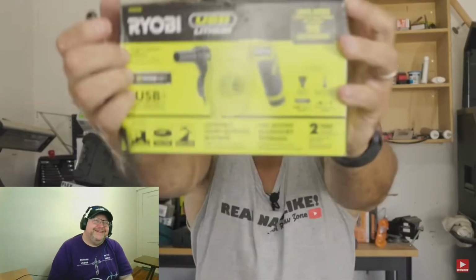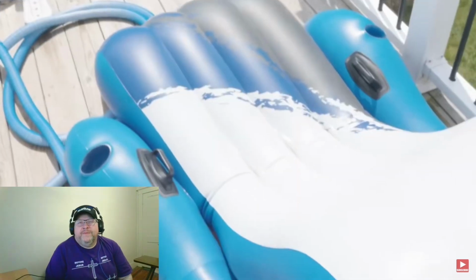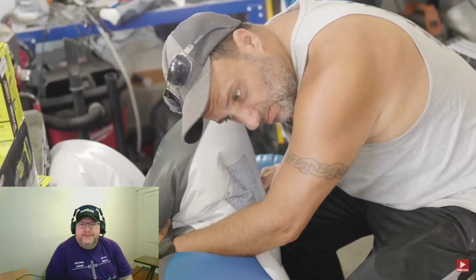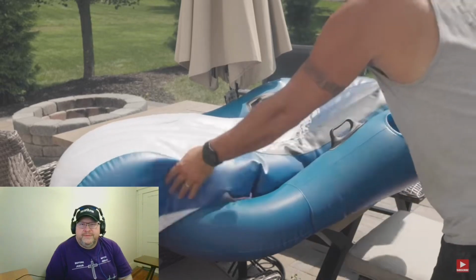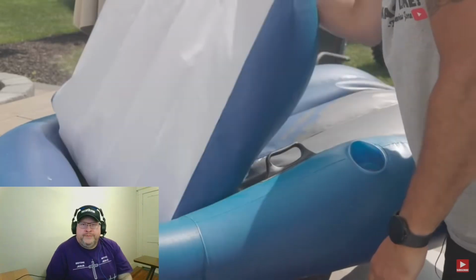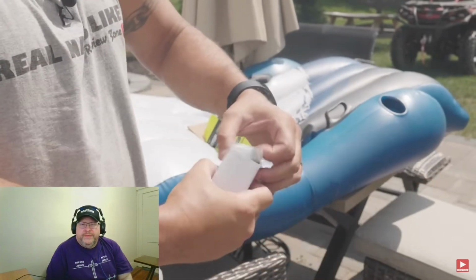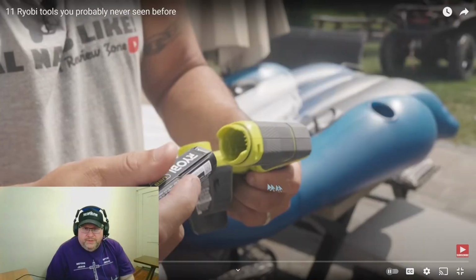So the first one up is this right here. Now, if you have a pool such as myself, or maybe you like going to the beach such as myself, you've probably been around one of these inflatable rafts. Yeah, they're a real pain in the butt. I got this one stuck, and I got to deflate it. It's taken me a long time to do so. However, I'm going to blow this bad boy back up again. You can see I deflated it to the point where this raft is now weak and feeble. I didn't do the outside part, I just did the inside part where you lay your butt. Now, if you haven't already guessed it, this is the new Ryobi 4-volt inflator. You are going to get a 4-volt, I believe it's 2Ah battery, but anyway, that's...